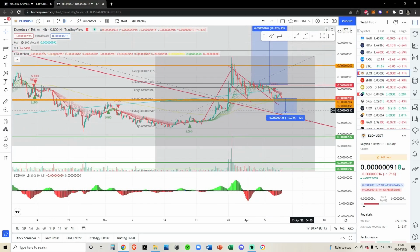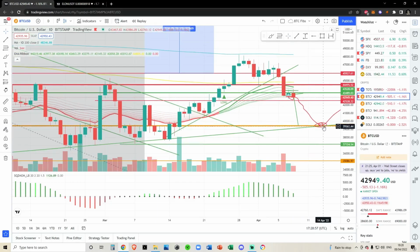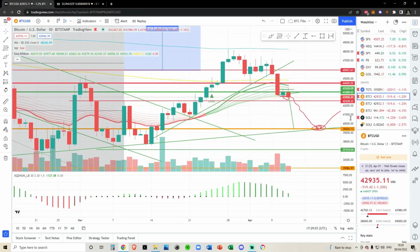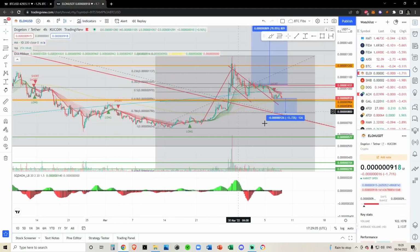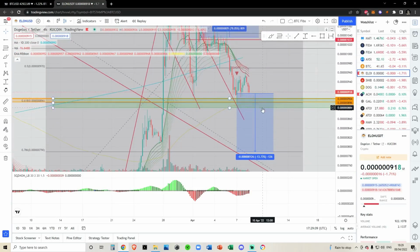Personally, I'd be looking to accumulate a tiny bit more Dogelon at that point, on the condition that Bitcoin's come down to 40,000, backtested it, and started to move up. That would be what I'd be looking for. That would be a higher low in this higher low, higher high trajectory that we've got in the short term for Bitcoin. But nonetheless, keep an eye on these levels. From a technical perspective, as long as we don't break below...